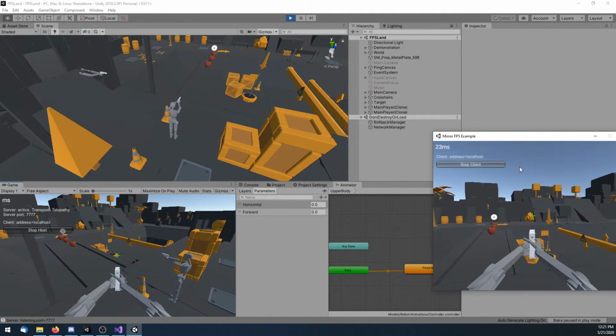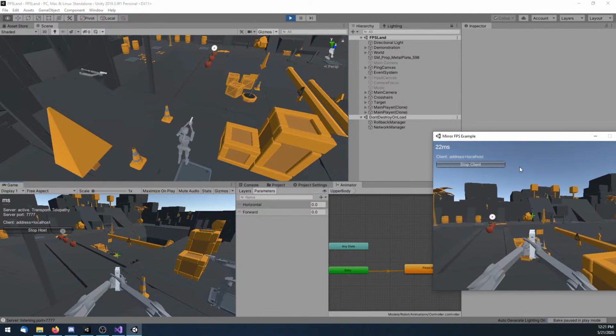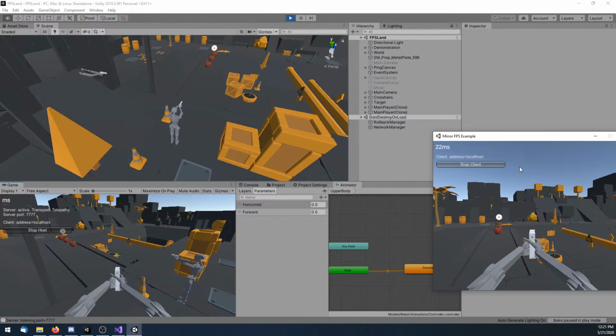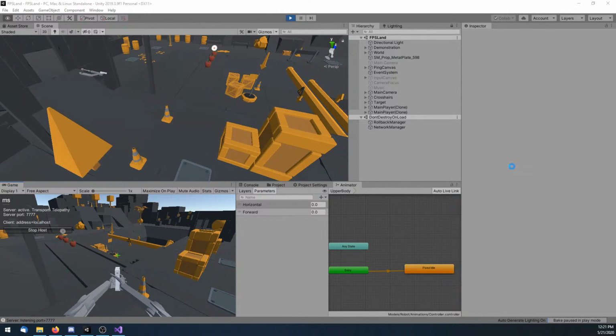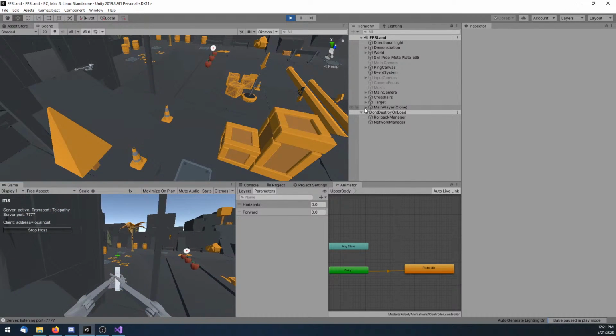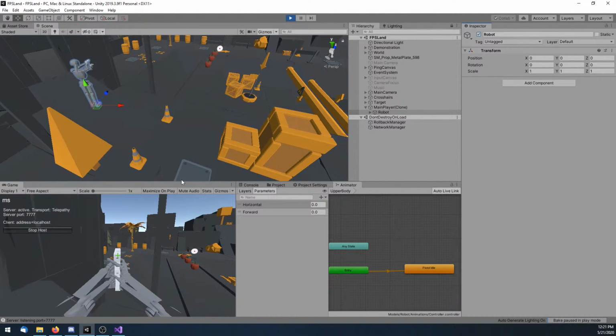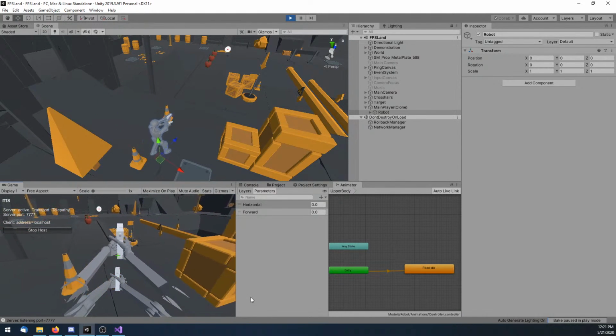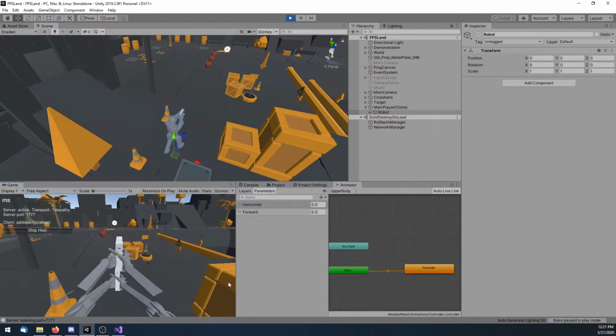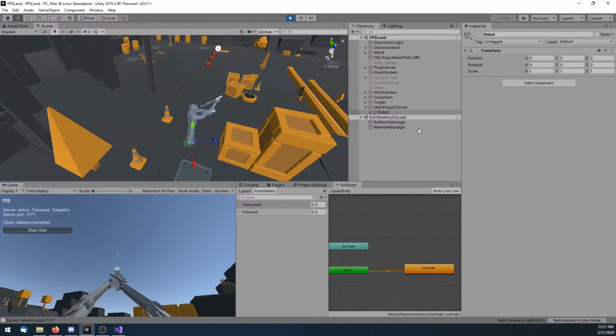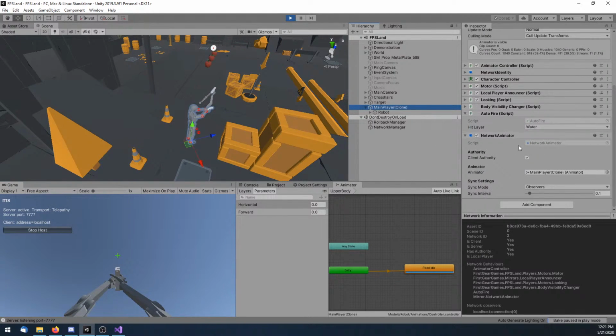But you notice how much smoother it was in the client host, but it's syncing over the network a little more janky. So if I were to close this and show my character here and do this, you see how it's way more smooth? That's because, and I had a feeling, the network animator here doesn't smooth the parameters and doesn't have the option to. So it's only syncing every 100 milliseconds, and it's just snapping to those values,